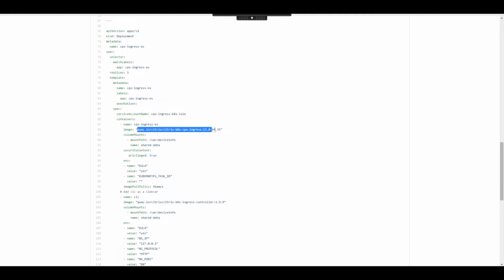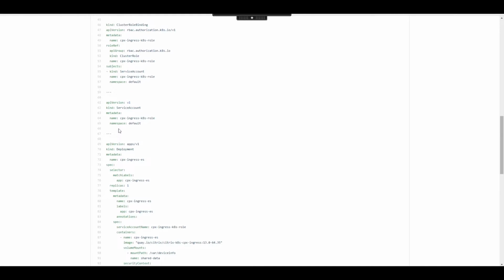If you see here, we have the Citrix ADC image and the Citrix Ingress Controller as a sidecar. So let's go ahead and deploy this particular example.